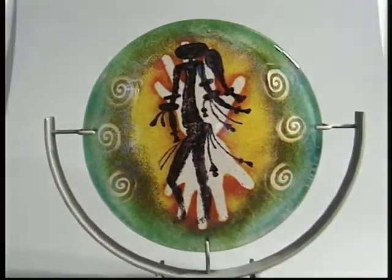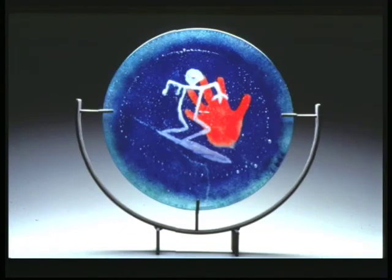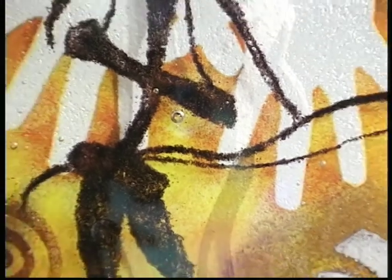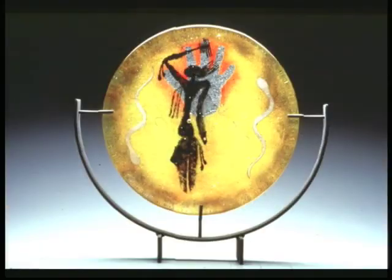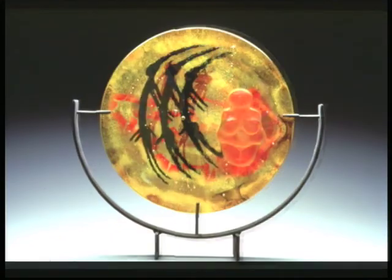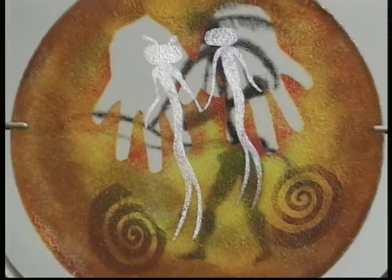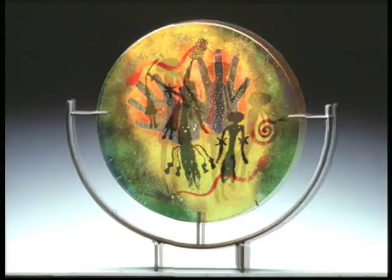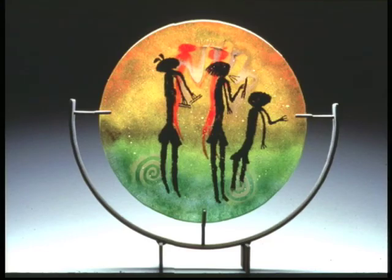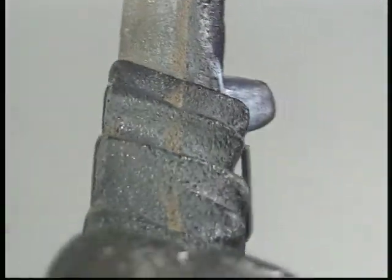I primarily choose my images on a visual level. The figures and characters appeal to me graphically, as drawings, as well as conceptually, as stories or fragments of stories. At times I combine images from different cultures, ages, and locations to highlight similarities that bridge a vast gulf of time and space. In addition to the circular sculptures, I have been working on a series of pieces